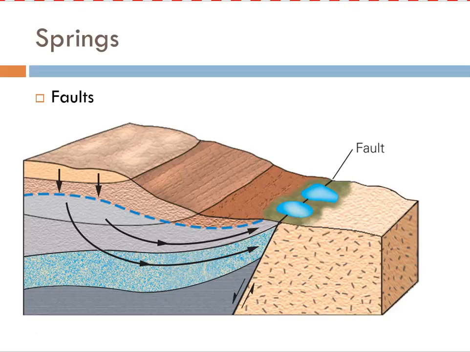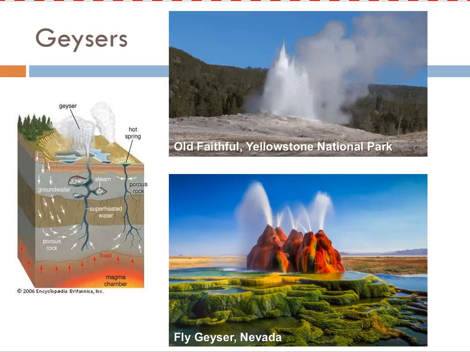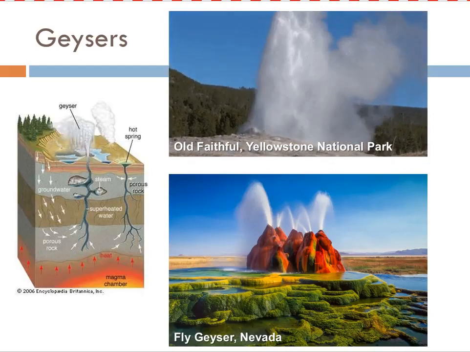This happens along the San Andreas Fault. That's why we have places like Palm Springs or Desert Hot Springs, because those lie along the San Andreas Fault and create springs in those areas. You can also find these in fractured rock, where a fracture meets the surface. So those are some pretty common ways to get those, but I thought I'd show you some kind of fun